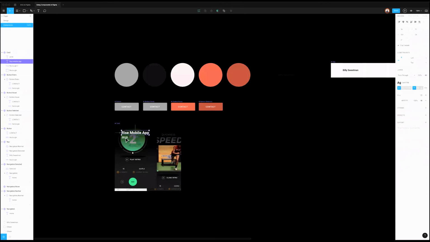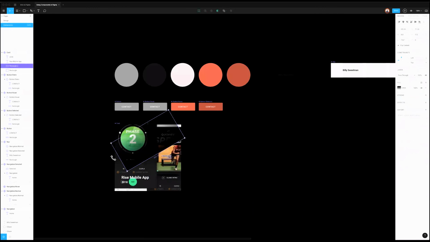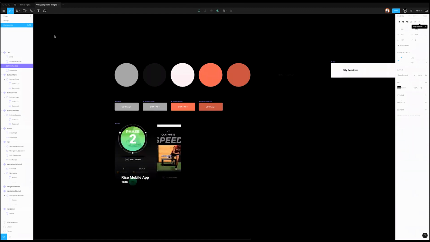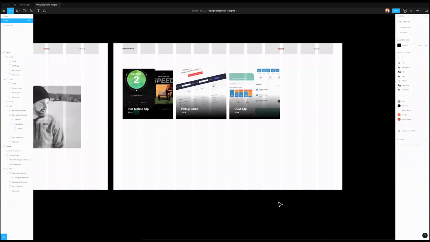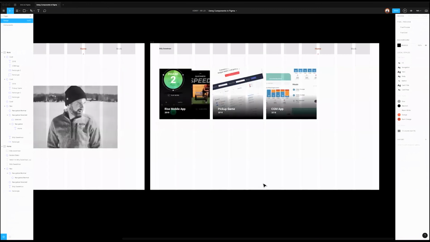But you can see here, if I decided, hey, I like this, but I want to move it to the bottom, flip this around, move that to the bottom, I can do that, and it just happens throughout all of the components. So it really cuts down, you can get these in place and then go back to the components, change it there, and really not worry about all the busy work